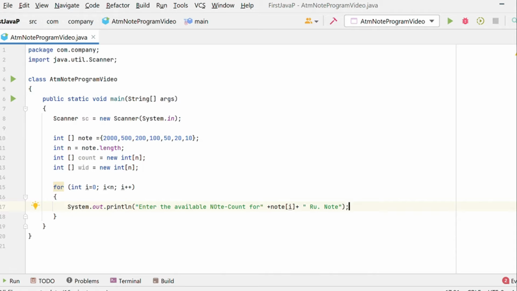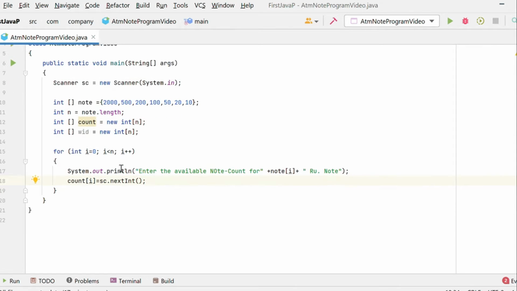Enter the available note count for 2000 rupees note, 500 rupees note, like that. Okay, we now need to store that count in the count array. So we are going to store it in count of i equal to whichever amount is entered by the user.